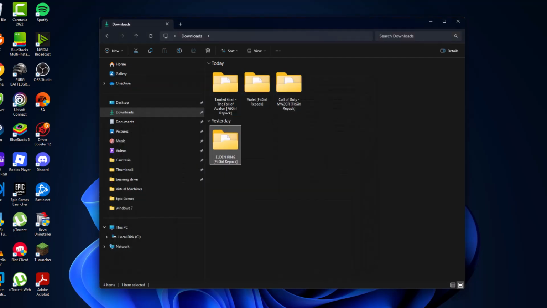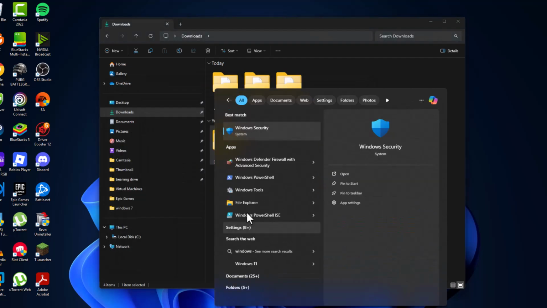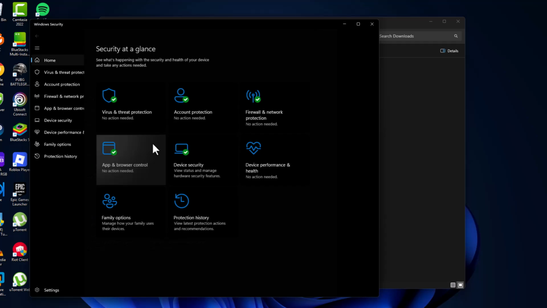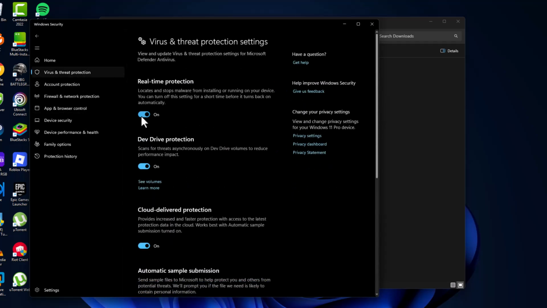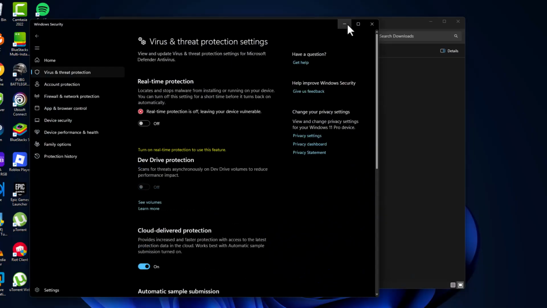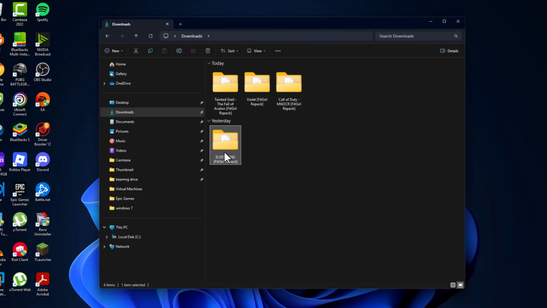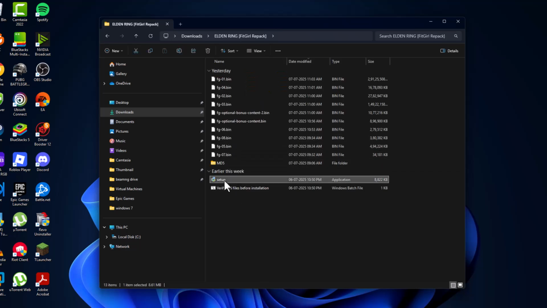And then go to the search menu and type Windows Security. Click on open it. Select Virus and threat protection and select Manage settings. Turn off the real-time protection. After turning it off, just minimize this page and double click on the setup folder, double click on setup and select